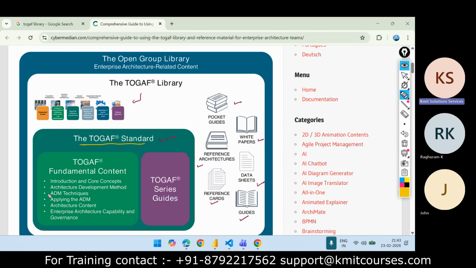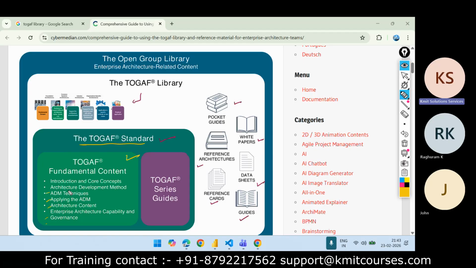You can see we have guidelines, templates, or some patterns or reference material. Everything you will find under the TOGAF library.